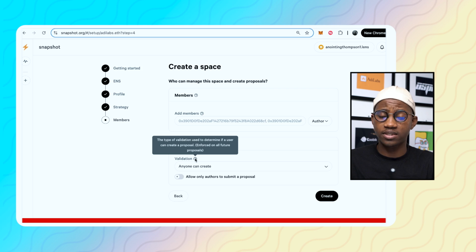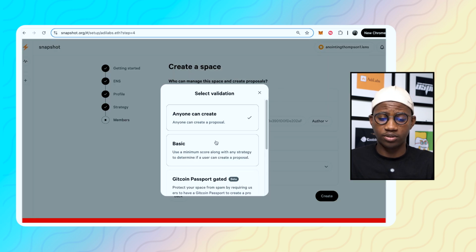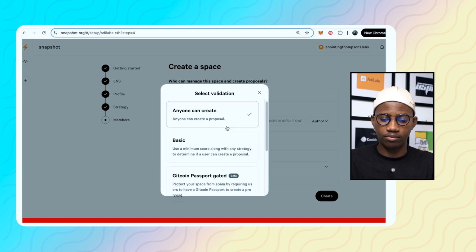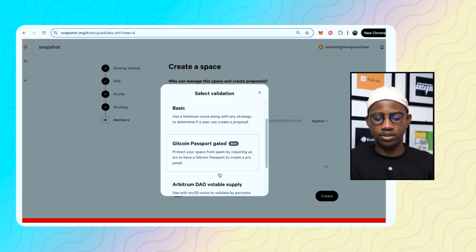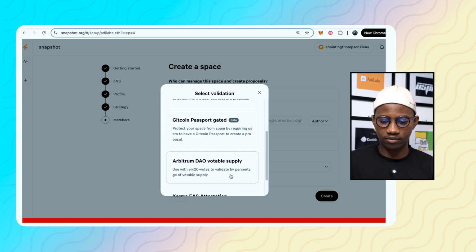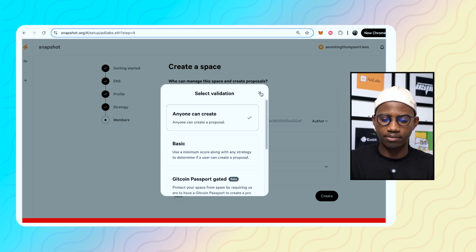Now you have to enforce validation on all future proposals. This type of validation is used to determine if a user can create a proposal. Now you've got to ensure that you set your validation correctly. Either anyone can create a proposal. I'm sure you don't want to do that. You can use the coin passports gated. You can use the Arbitrum DAO votable supply. These are the different validation methods provided here, but I'm just going to leave it at anyone can create right